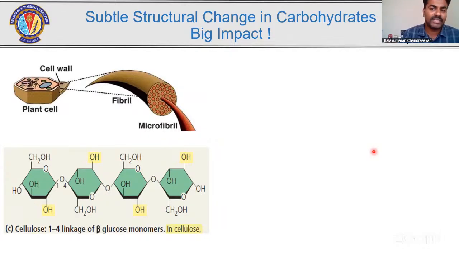The importance of the structures of a carbohydrate is that a subtle change in the structure can create a huge impact in the biological process. As you might all know, the plant cell is covered by the plant cell wall. If you dissect the plant cell wall and see what the major sugar present is, it is all composed of cellulose. Cellulose, in the monosaccharide form, is all glucose. When we combine these together, cellulose is linked with the configuration of beta 1,4 glycosyl linkages.